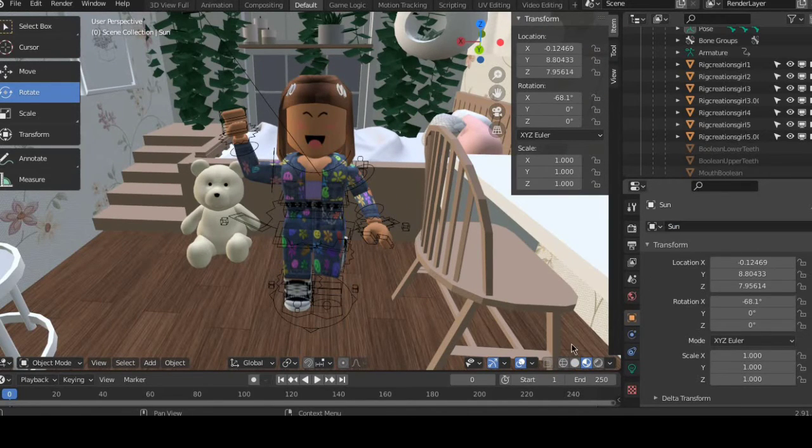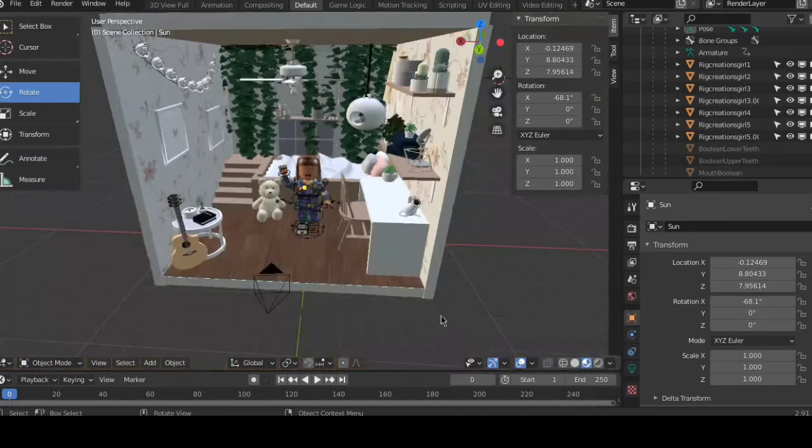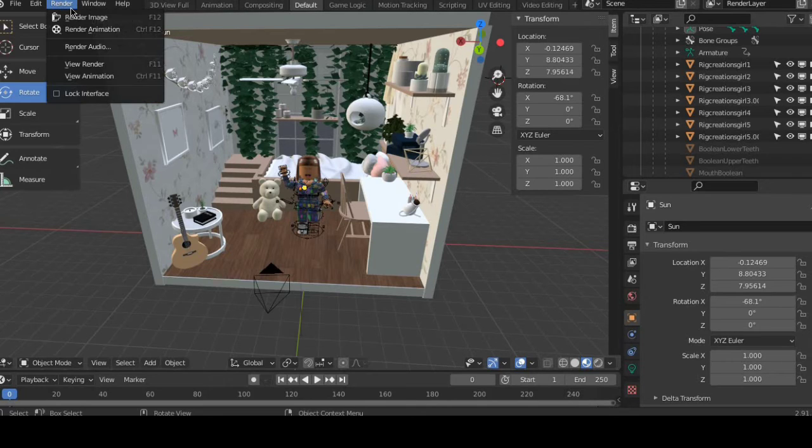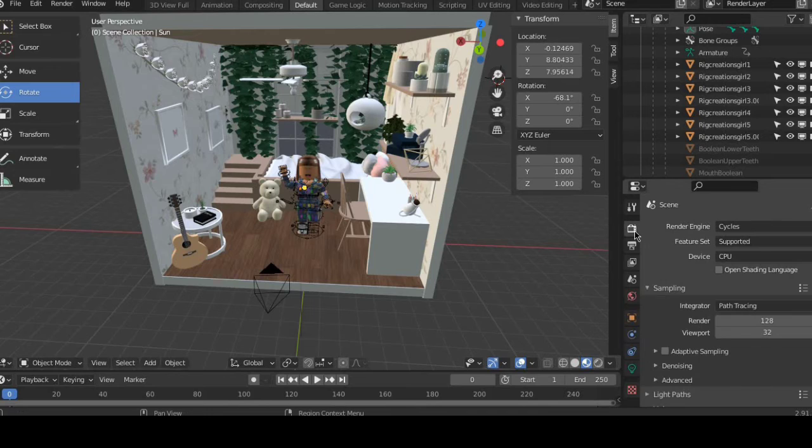Okay, so the next thing is you want to render it. So rendering is on the render button. Not render animation, render image, unless you're doing animation. Render image. Oh yeah, and if you're doing